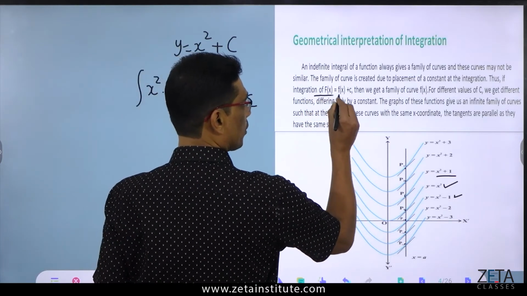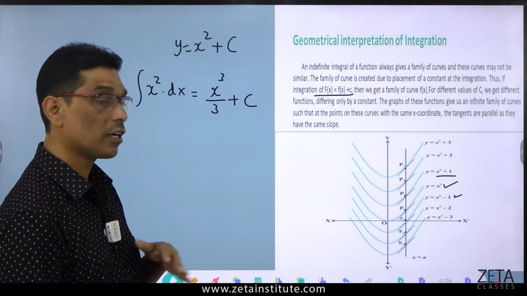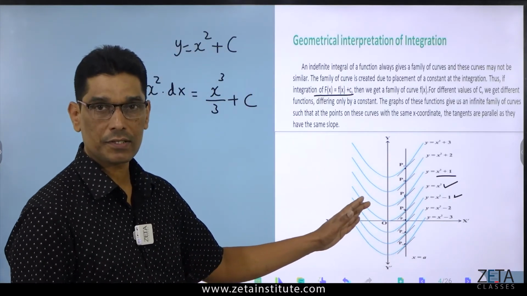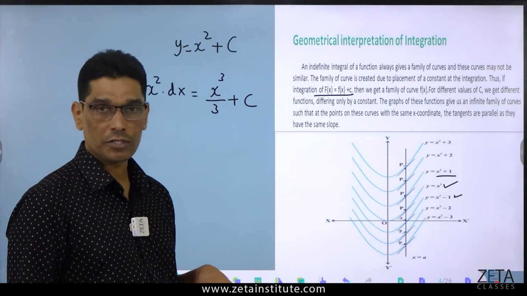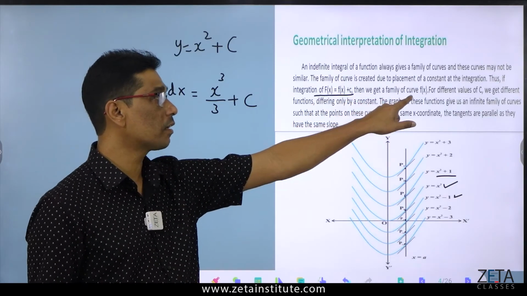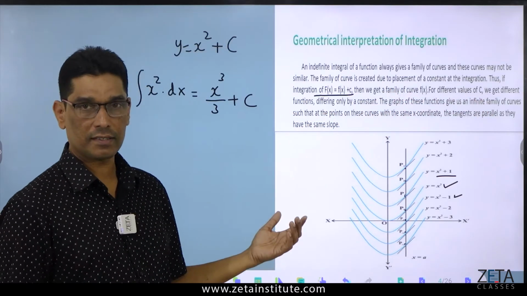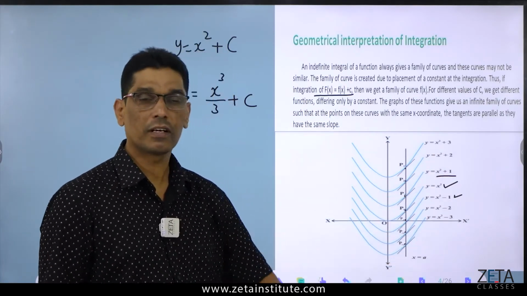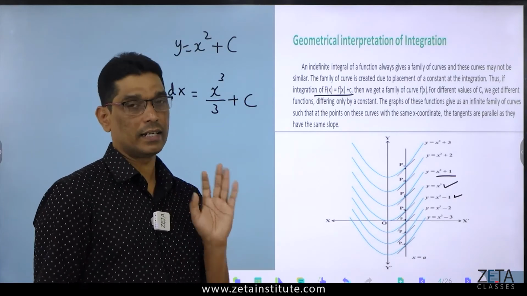So if you integrate the function here, we need to add plus c to get all the family curves of that function f(x). All these functions will show the same results because the only difference is the constant term, so we can't avoid that constant term. The integral of f(x) is f(x) plus c, and we get the family of curves. For different values of c, we get different functions. Only the constant is different, but the rest is the same. This is one of the characteristics of integration.